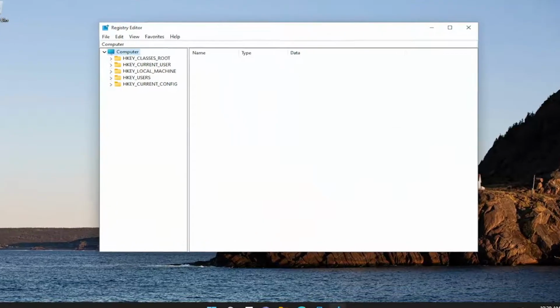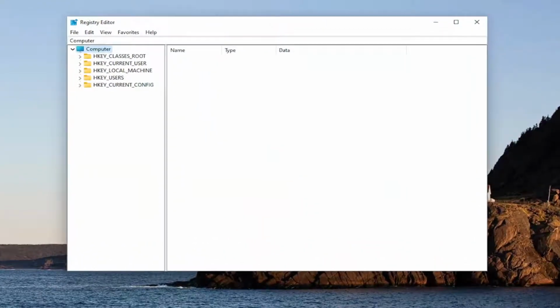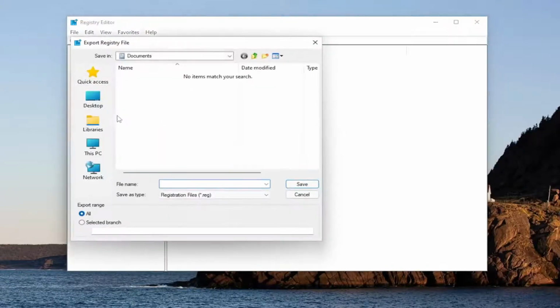And before you proceed in the registry, I would suggest you create a backup of it. So if anything were to go wrong, you could easily restore it back. And in order to create a backup, it's very simple. All you have to do is select File and Export. File name, I recommend naming it the date in which you're making the backup. Make sure export range is set to all, and then save it to a convenient and easily accessible location on